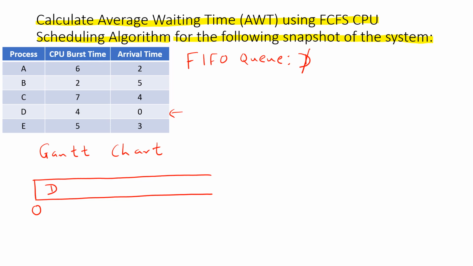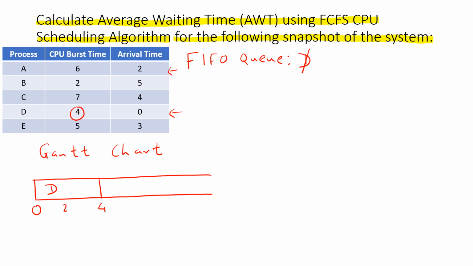Now we know that FCFS is a non-preemptive CPU scheduling algorithm. It means that once a process gets the CPU, it will keep on using it until it wants. Now you can see that process D wants to use the CPU for 4 time units. So it will keep on using the CPU until it wants, till time unit 4. But what happens is at time unit 2,